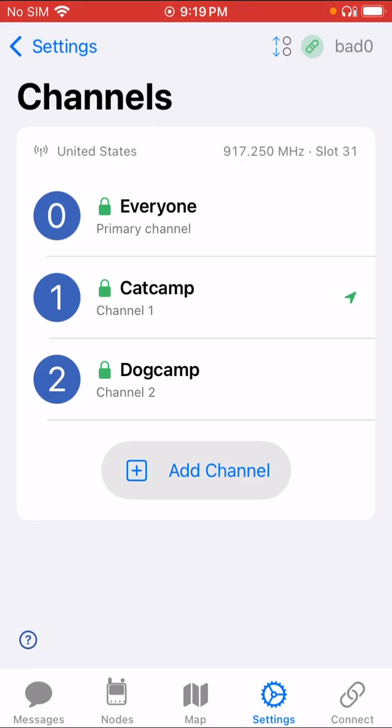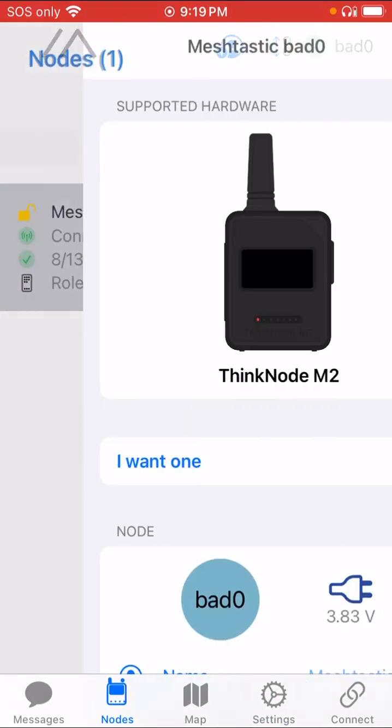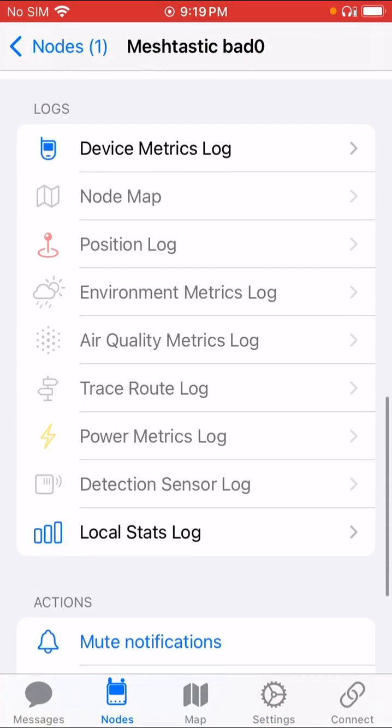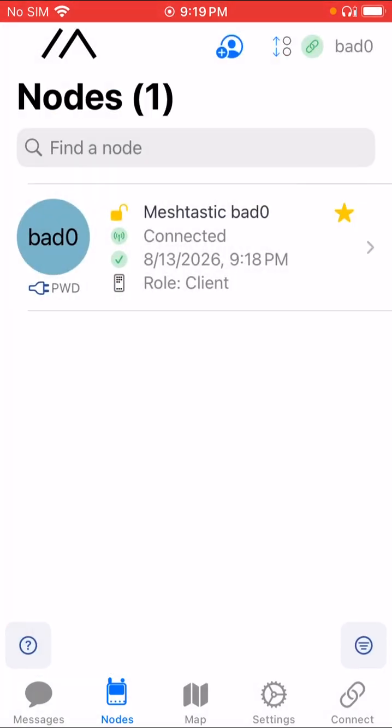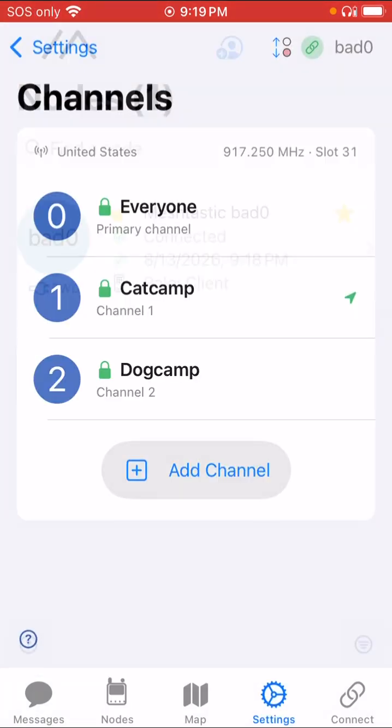Well, Dog Camp will be able to see my location, but only a la carte, only on their request. So somebody in Dog Camp would have me in their contacts. They would click here, and then they'd have a button that wouldn't be grayed out that says Get Location. And they can get my location whenever they want, as I've permitted them to do it, but it would not happen automatically. With the lowest numbered channel, the rule with Meshtastic is the lowest numbered channel with location sharing will